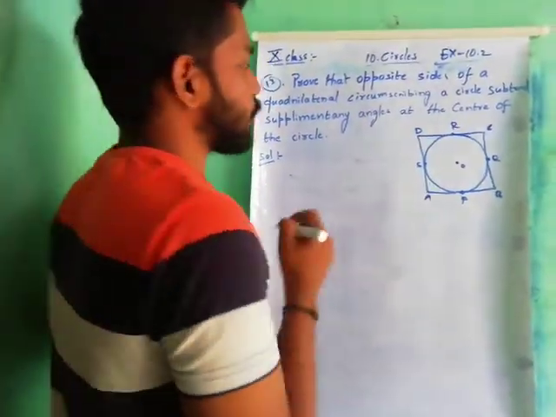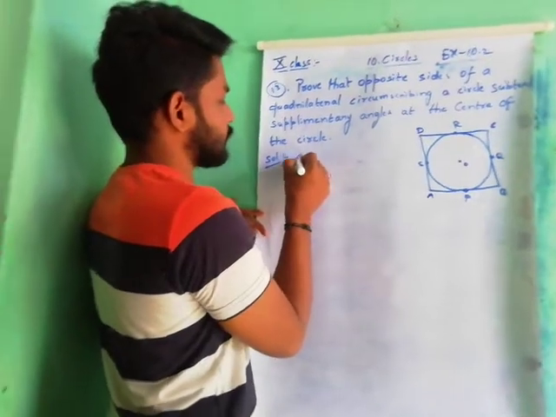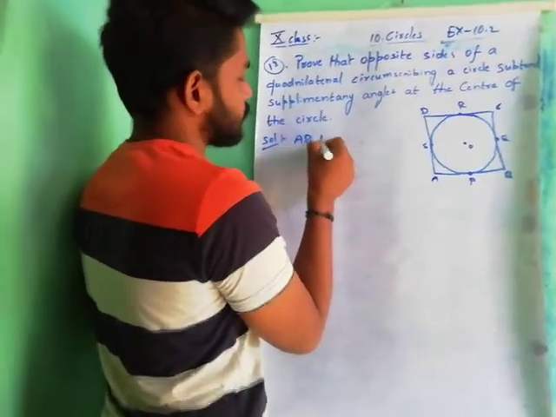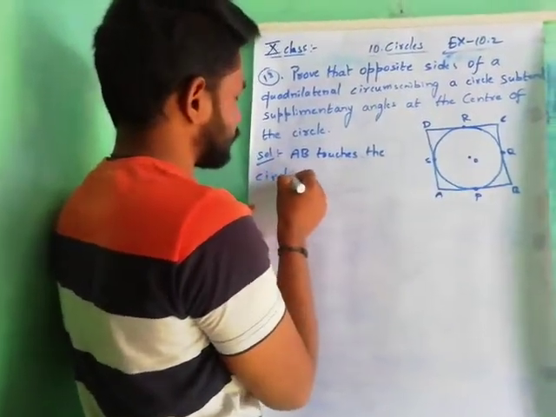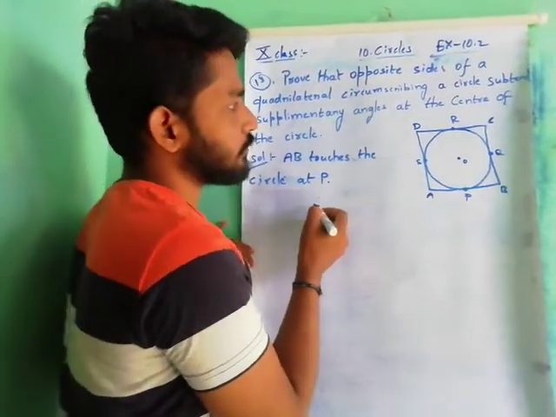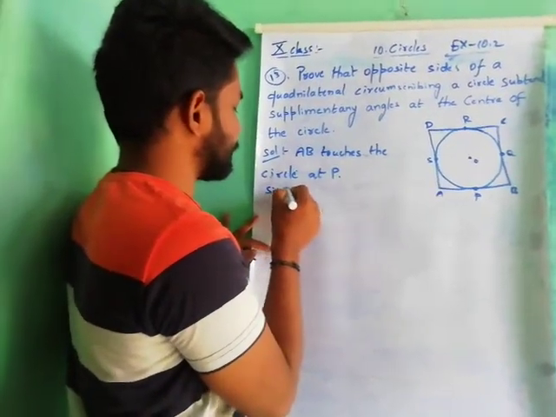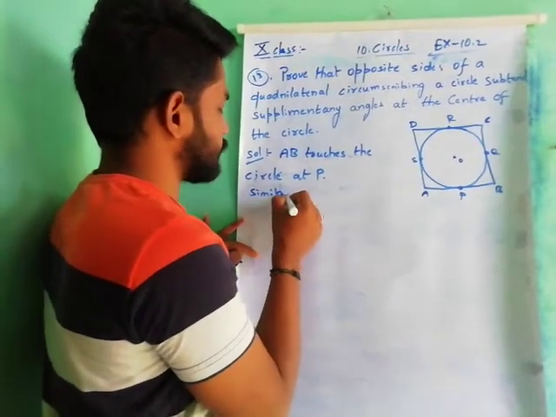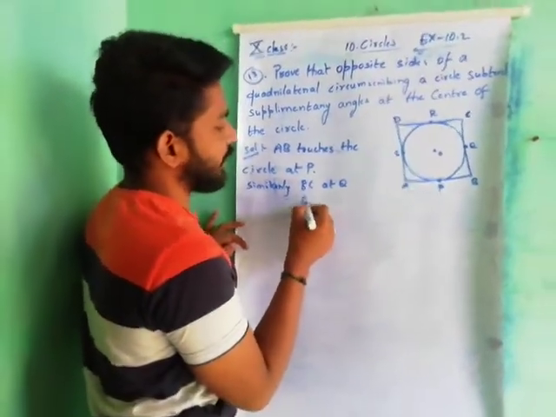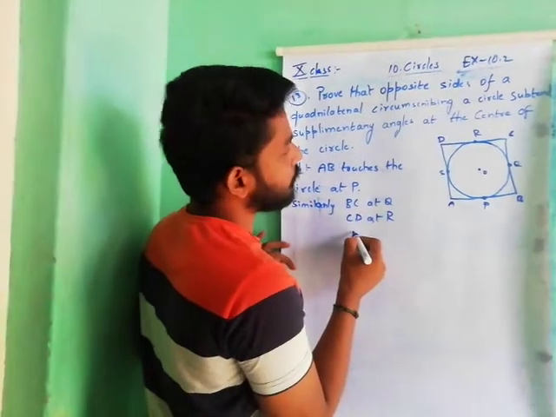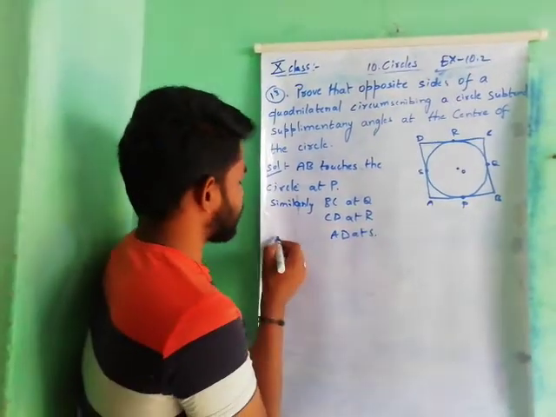Okay, so first we have to write: AB touches the circle at P, and similarly BC touches at Q, CD at R, and AD at S. Okay, coming to the construction part,